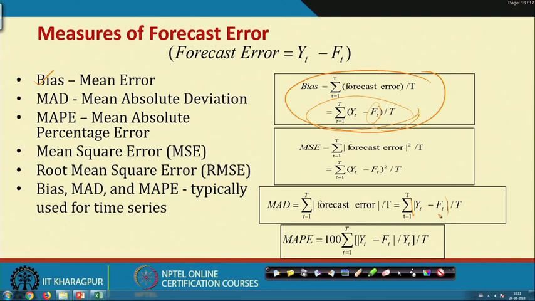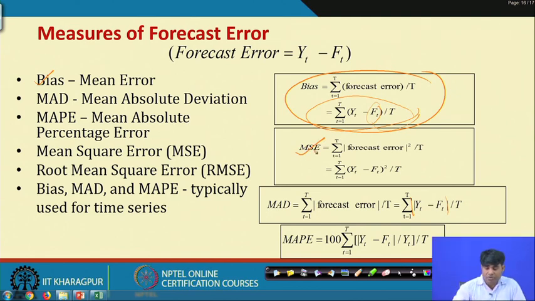There is another structure called the mean square error, and again we have the root mean square error. Again, the forecasting error has some positive values and some negative values, and when we sum up, there is a high chance that the sum will be equal to 0. That is how the particular line is called the best fit line. So, one way to use this criterion is to find the square, and that is how it is called mean square error.